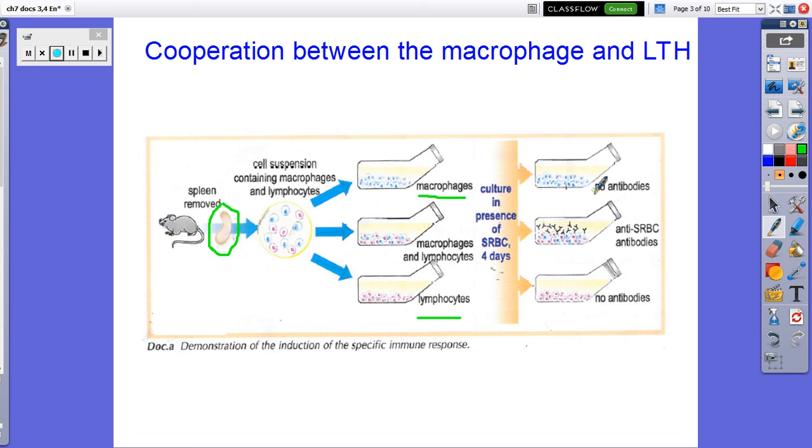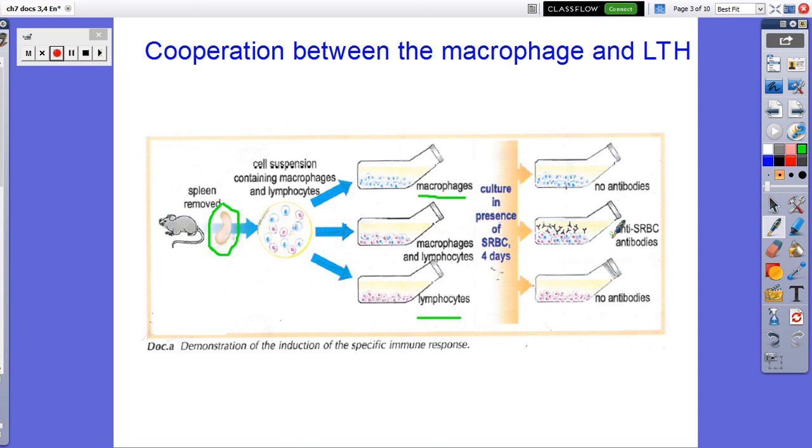Concerning the results, we see that in the first culture, containing the non-self antigen with the macrophages alone, there is no production of antibodies, and this is normal because the macrophages are not the cells that secrete antibody. In the third culture, there is no production of antibody by the lymphocytes that are present in this culture, but in the second, where macrophages and lymphocytes are put together,